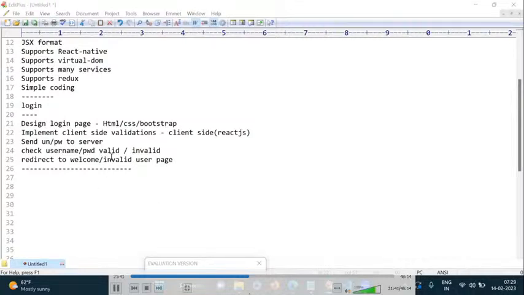Now, sending the data to server. In this point of view, also we are using client side